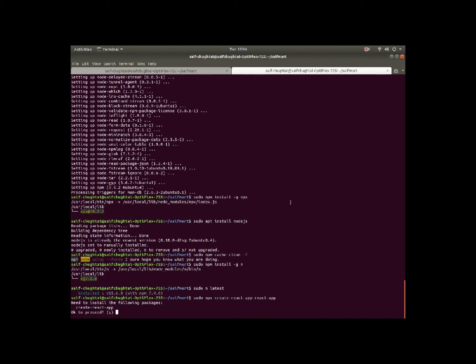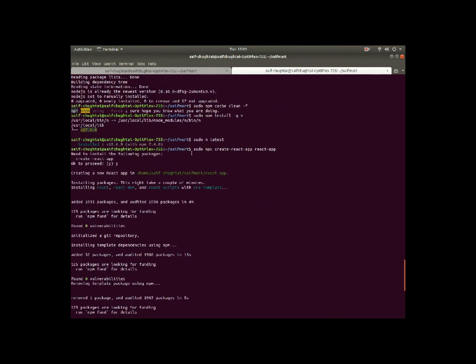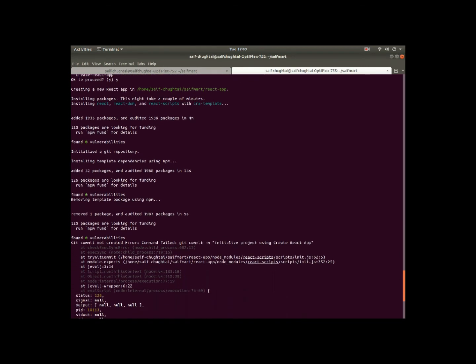Now I'll pause this video here, it will take much time. Well guys, now you can see that I've written this command here, sudo npx create-react-app, I've named it react-app, and I entered y, and this was the whole process that was done.